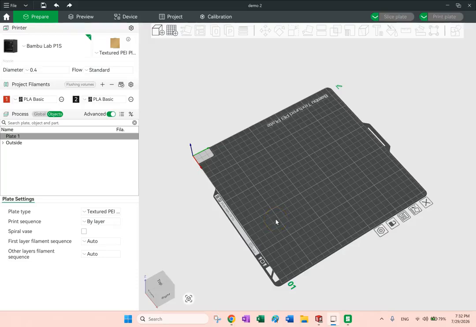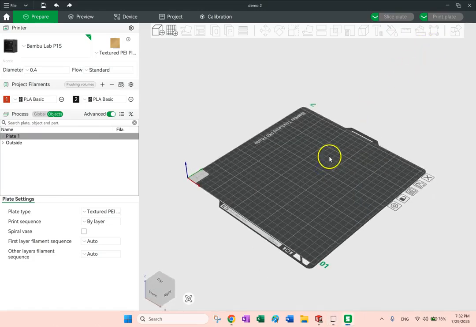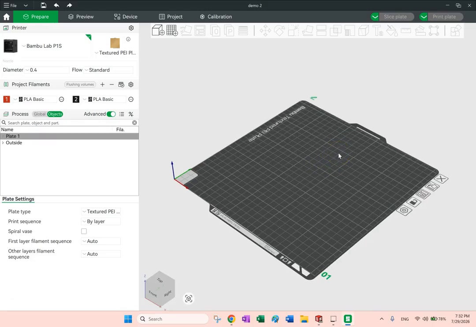Hello everyone. In this video, I want to show you a few advanced tools that exist in most of the slicers. I'm going to use Bambu Studio, but you can find it in Prusa Slicer or FlashForge Studio as well. So the first one is,